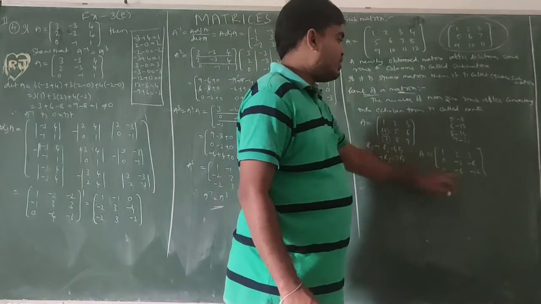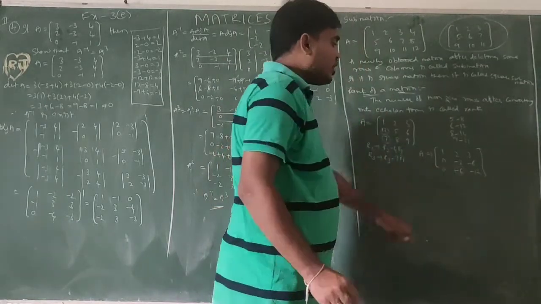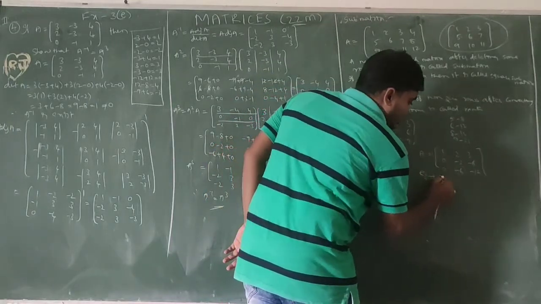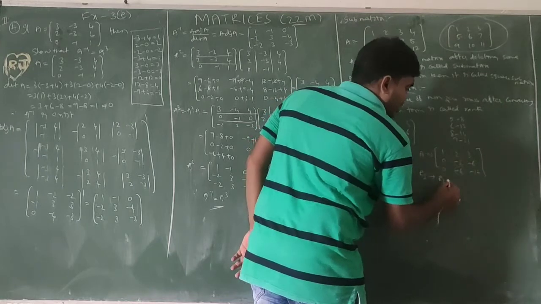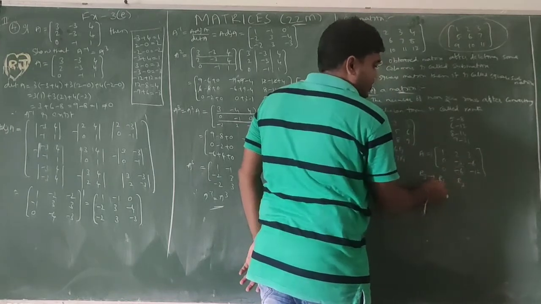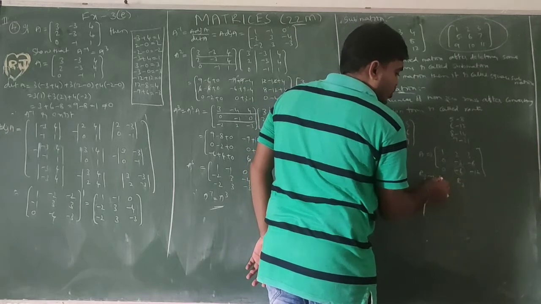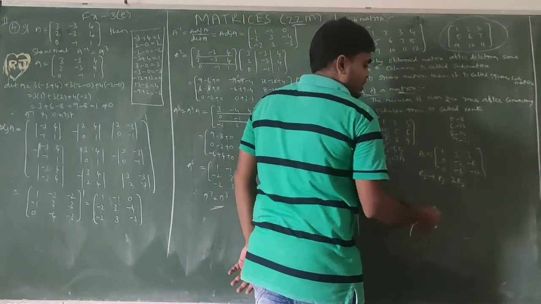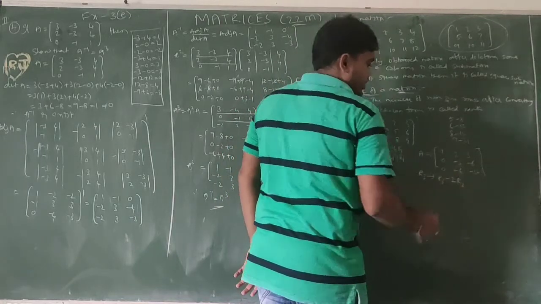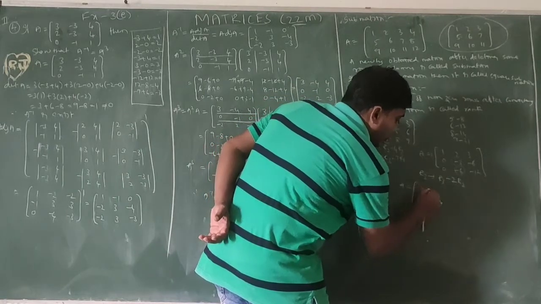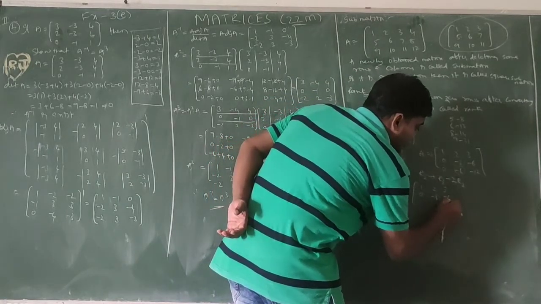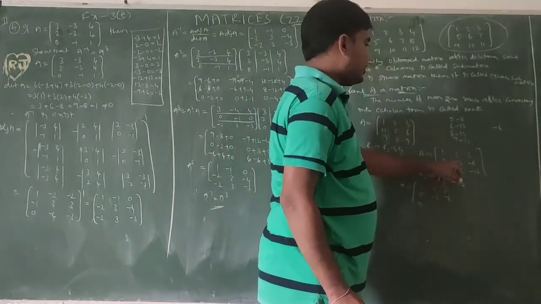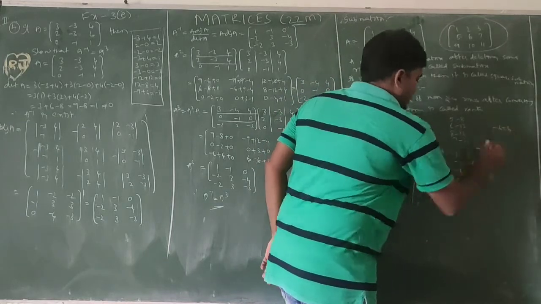So now we need to convert minus 6 to 0. We need to convert this one only to 0. So R3 changes to R3, with the help of R2. This is minus 6, this is minus 3. So 6 to 3 balance 2, so multiplying by 2, we will get a balance. So A equal to 1, 2, 3, 0, minus 3, minus 6, 0, minus 2 into minus 3 is plus 6, minus 6 plus 6, 0.